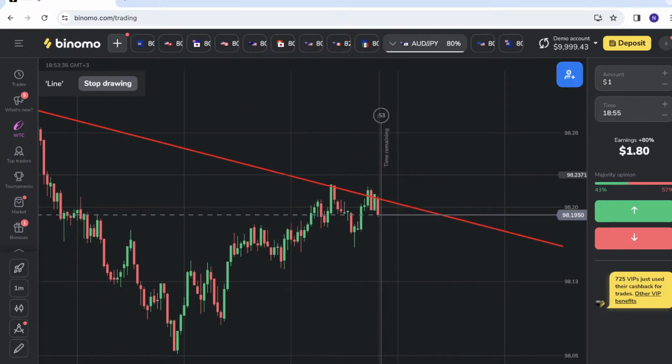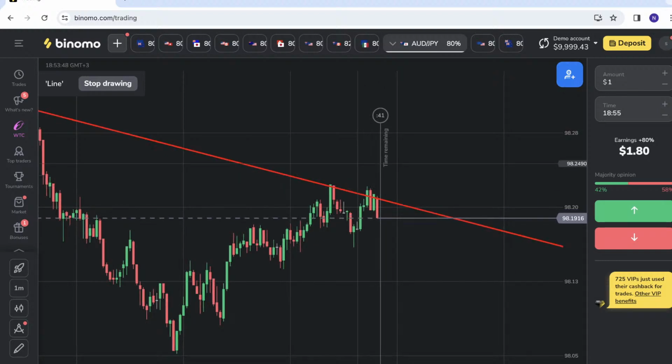So please don't be in a hurry. Please wait when price will test our resistance lines. At this point, if you open your trades, you will get good results. So again, I want to say that if you use high time frames, 5 minutes, 10 minutes, in this case, you will get